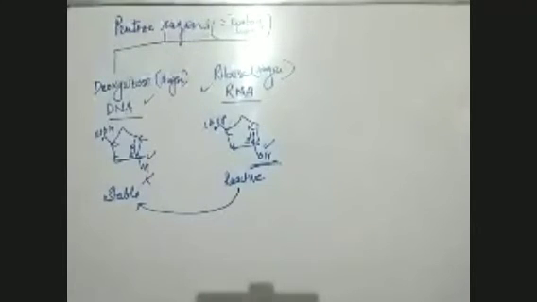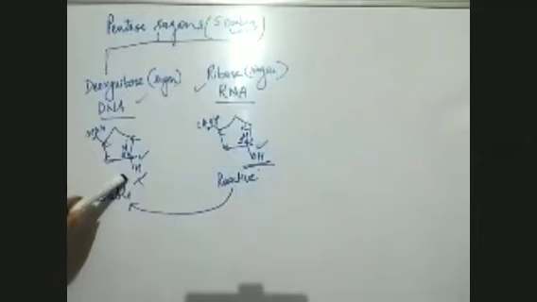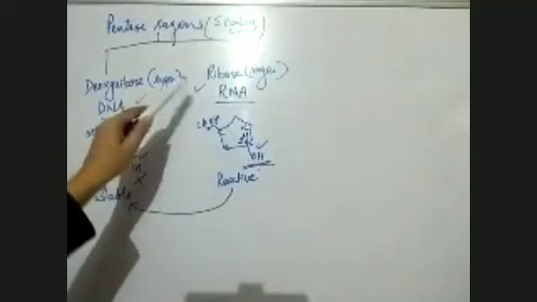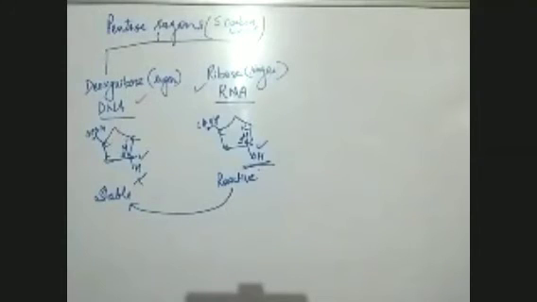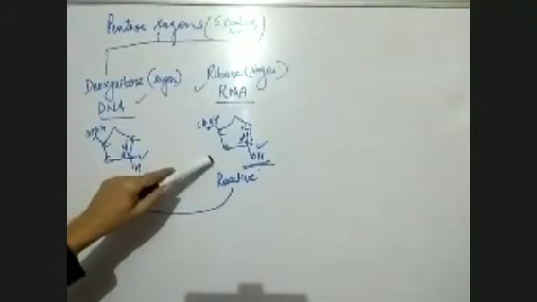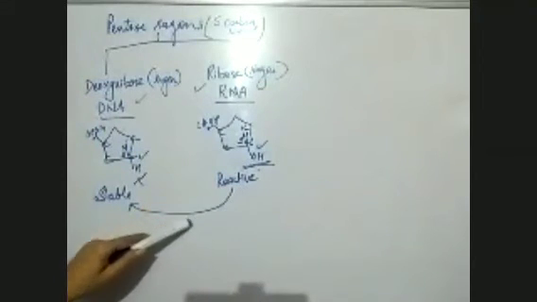Yes, beta, tell me now, is it clear? So deoxyribose sugar is present in DNA, ribose sugar is present in RNA, and it has a functional OH group here at the second carbon, which is absent in deoxyribose sugar. Deoxyribose sugar has hydrogen and hydrogen, whereas ribose sugar has a functional hydroxyl group, and the presence of this makes it reactive and unstable. So we say that this evolved first and it was reactive and unstable. So later on it became stable and got converted into DNA.